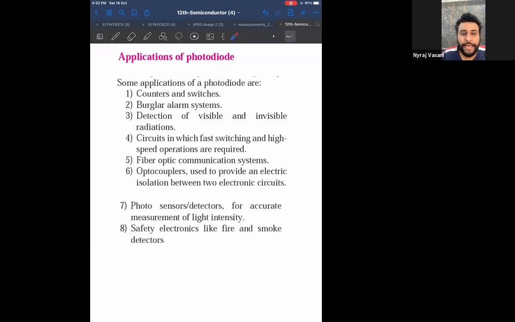I want to make you think like you have seen it, but it is not a photodiode, but it can be made a photodiode. I'll tell you one thing. Your TV remote also can be made into a photodiode. Do you agree? Your TV remote or your AC remote is a very light device. AC is a heavy device, TV is a heavy device, but the remote is a very light device. Therefore, can I say all remotes can be made into photodiodes? They can run on light. Also, when you take a reverse in a car, the reverse sensor of a car, have you seen it? As soon as you go reverse, one sensor gets activated in your car at the back. Even that can be made into a photodiode.